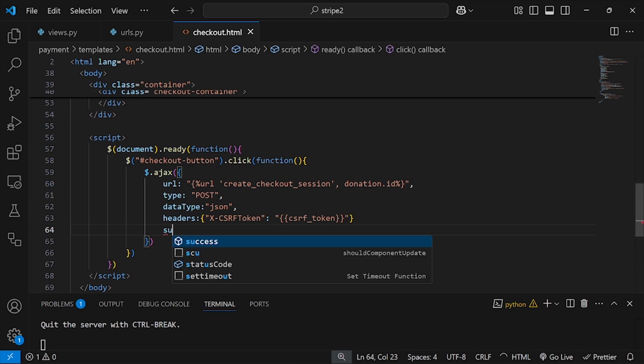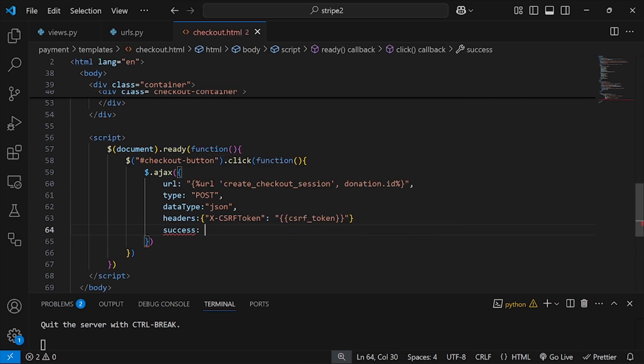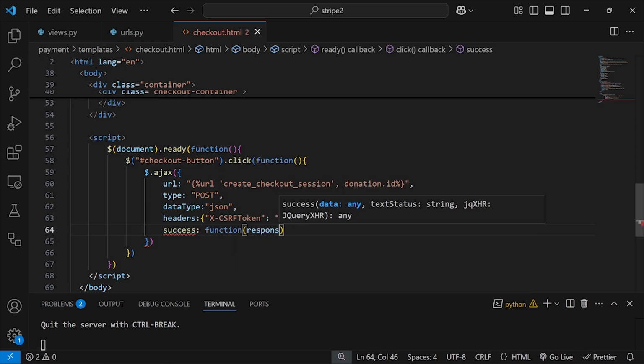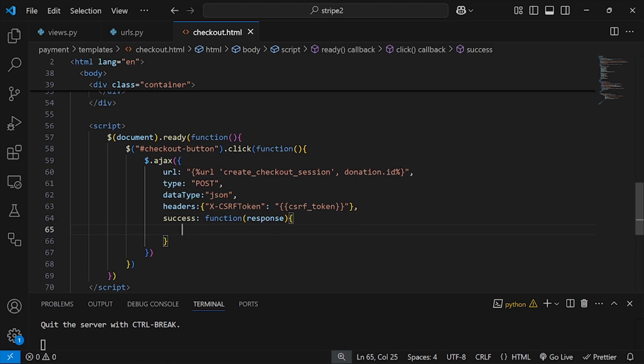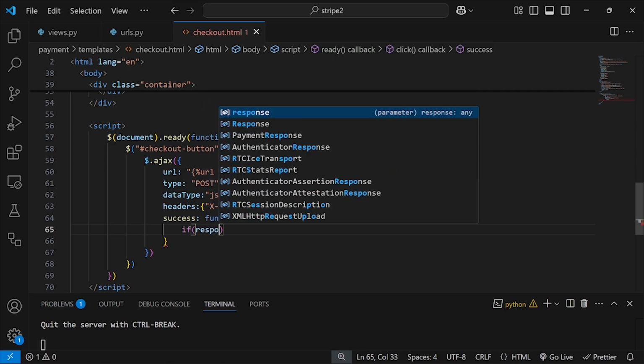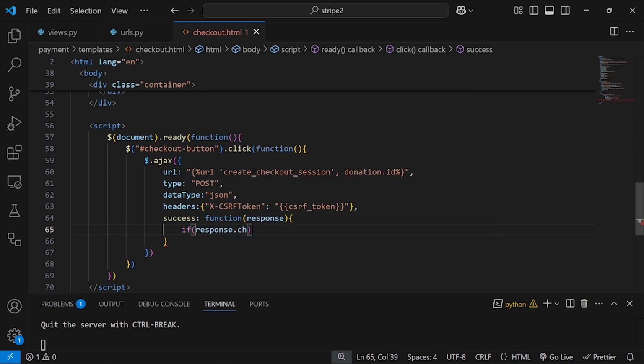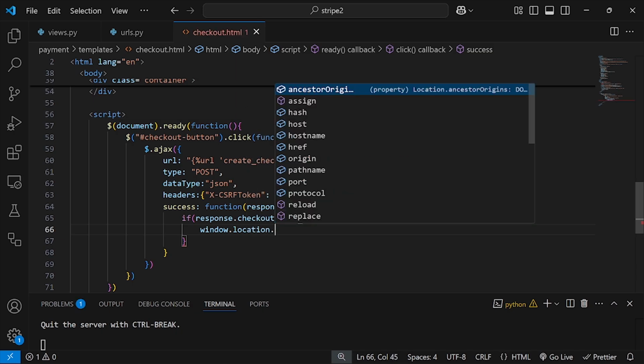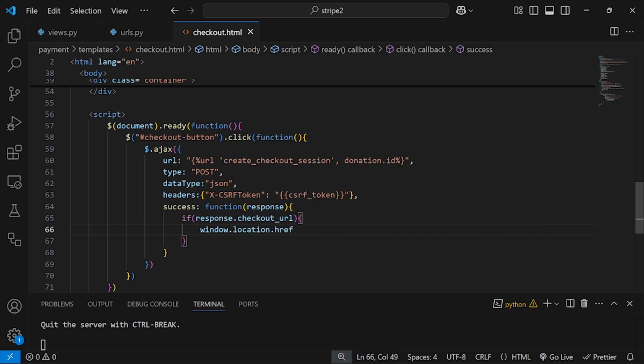So then the next thing you want to do is success. This is just AJAX and jQuery. So then I'll say function response should be, sorry, let me put a comma here. So then response is going to be a function like this. If response.checkout_url, then window.location.href, hyperlink reference, should give you response